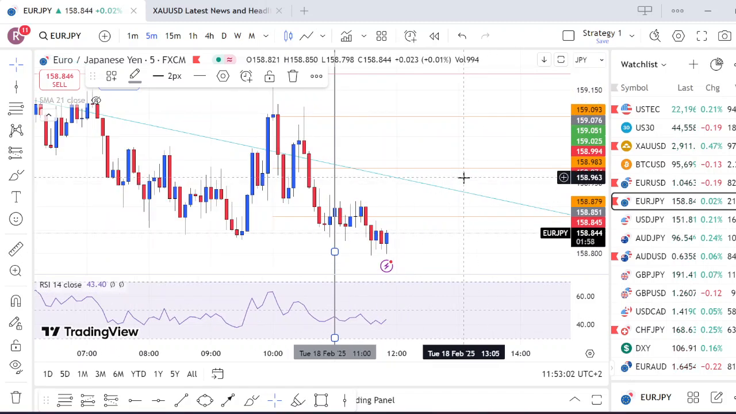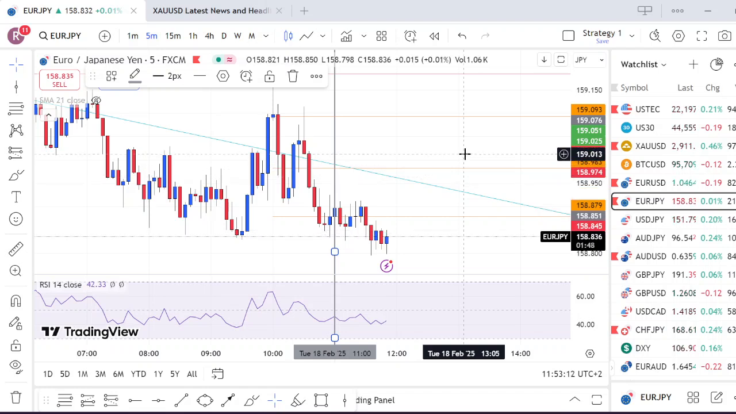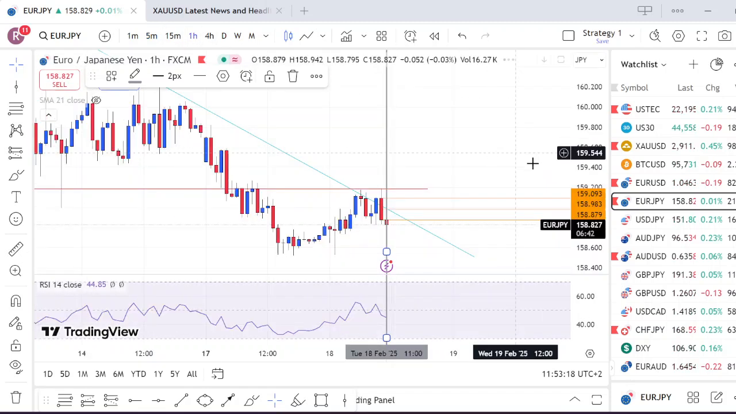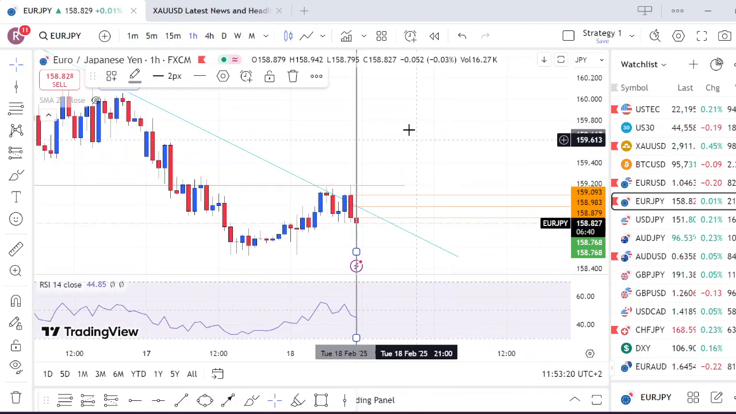to take a lot size, depending on your account size, risking 2%. So my lot size would probably be around 0.03, 0.04, to fully maximize a 1:3 risk to reward ratio. Okay, so that is